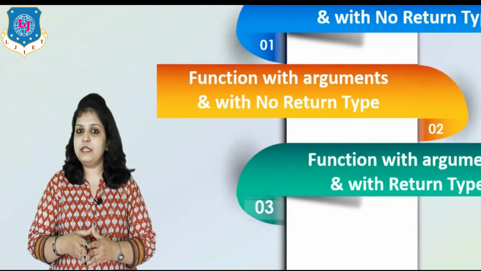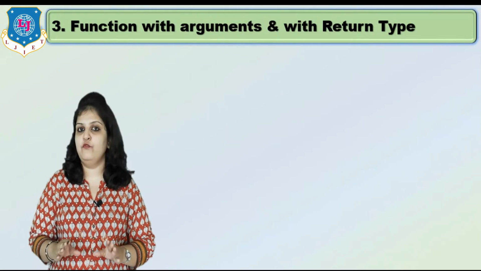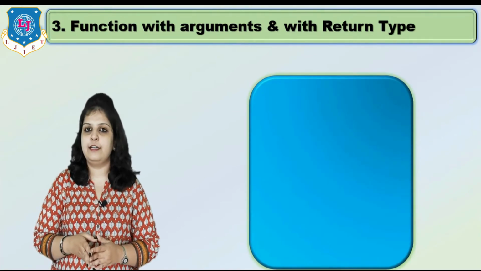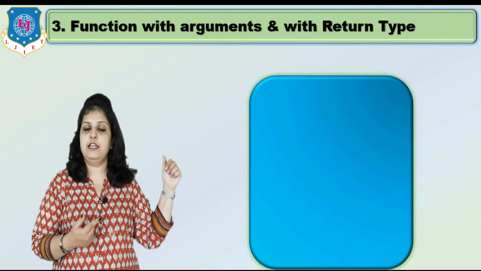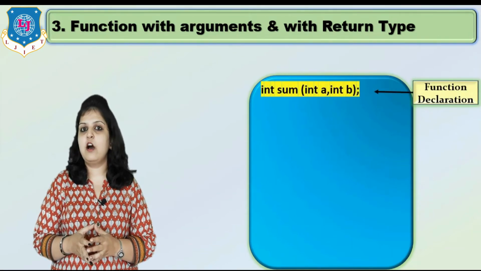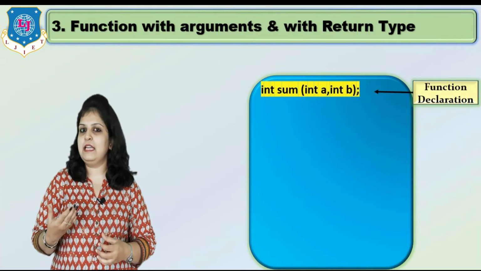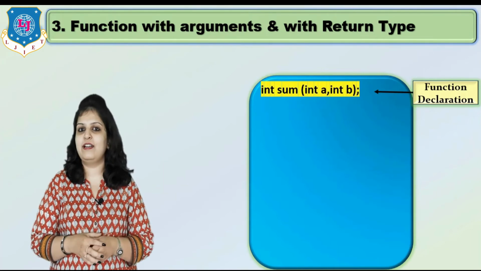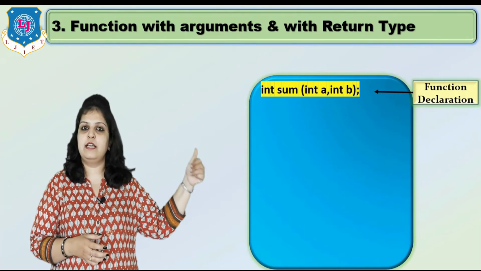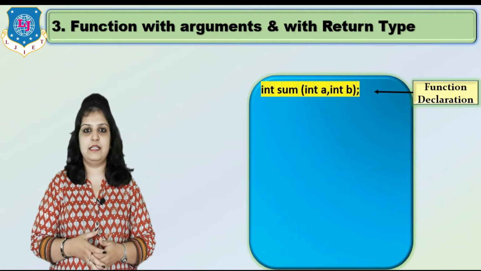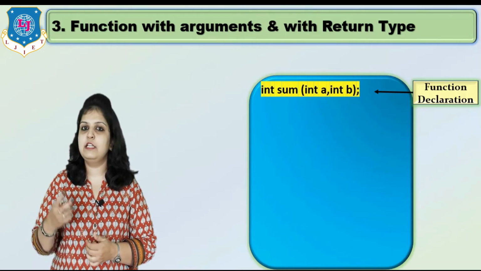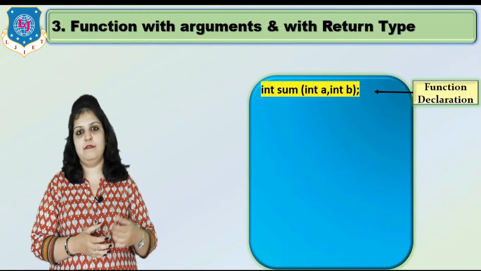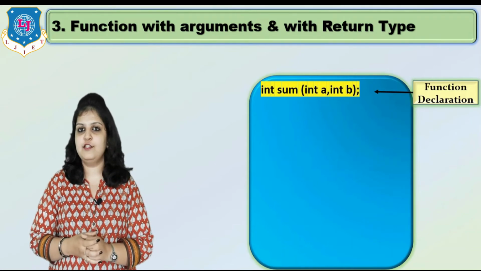Now when the concept is with return type, then we can't write void as our return type. Compulsorily we have to write a different data type as the return type. So I am writing here in the function declaration integer. Why integer? Because the answer of the sum is always an integer. If your answer will be a float, then you have to write the return type as float. So integer, then after that the function name is the same as previous, that is sum, and in the brackets I am passing two parameters because the category is with arguments and with return type, that's why I have to pass parameters also.